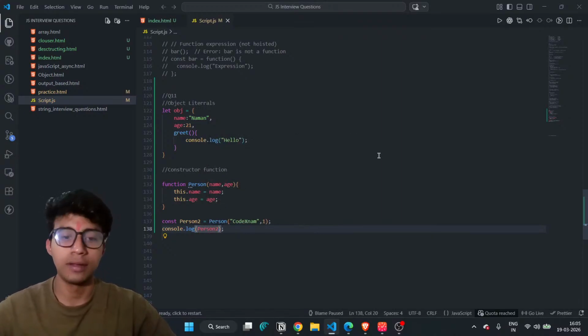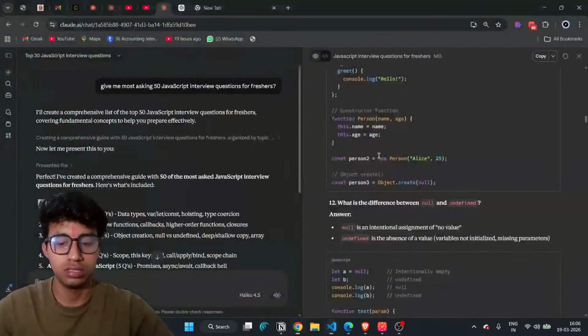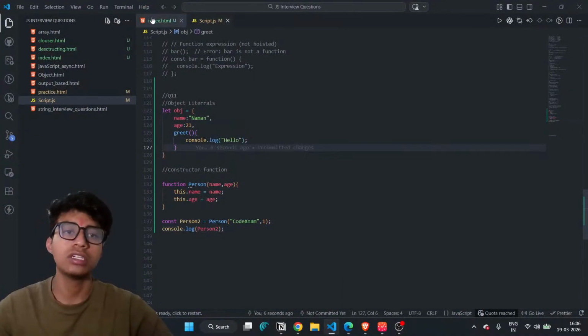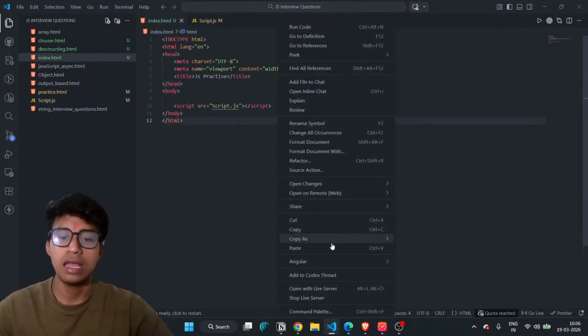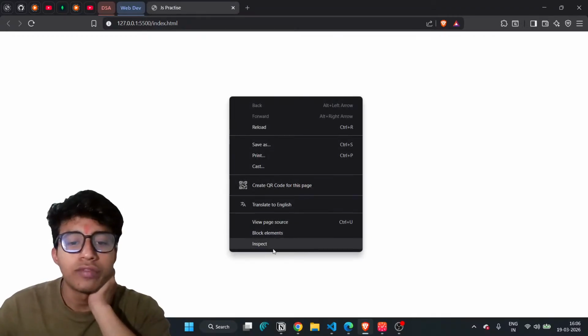Simply go there and print the person. The first thing I need to check is the output. So I go to this index.html file and run it on the server, and let's check what output we have received.